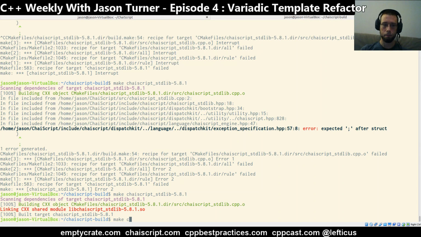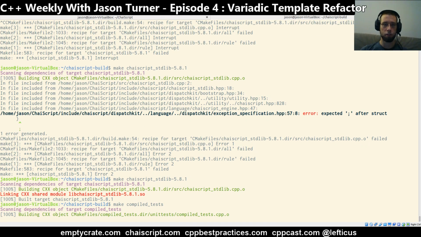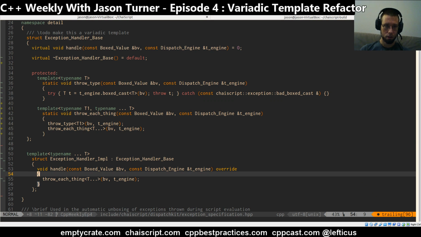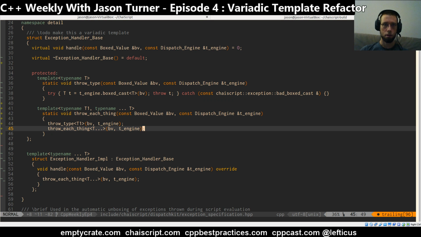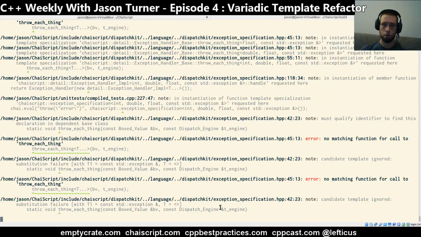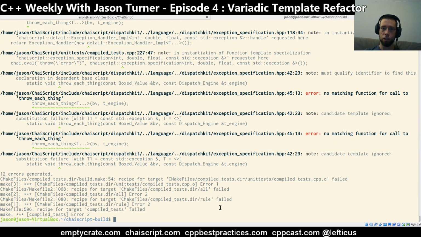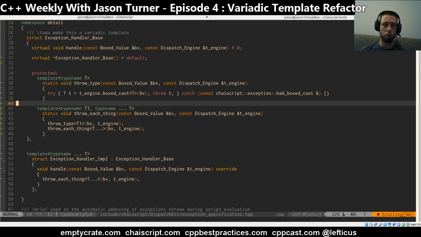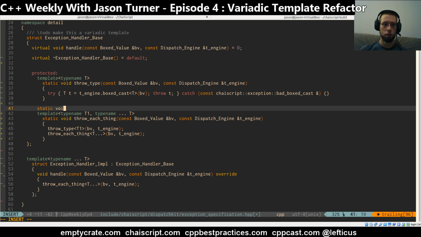All right, that compiled. Let's see how our compiled tests do. There we go. No matching function call for throw each thing. And notice this error is happening specifically when t equals an empty set of parameters. This is a problem with the 0th case. So with this kind of